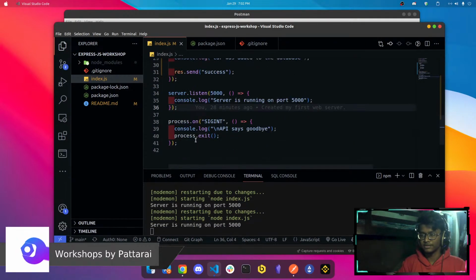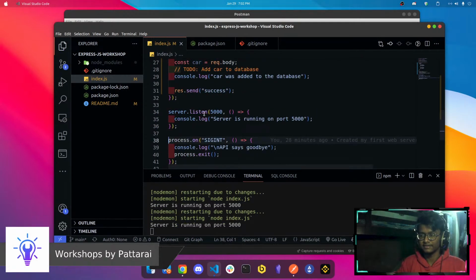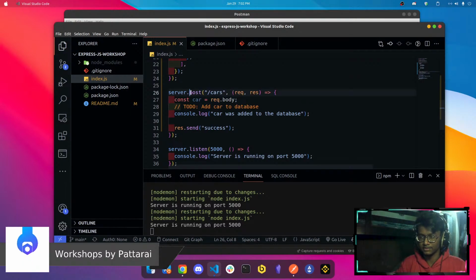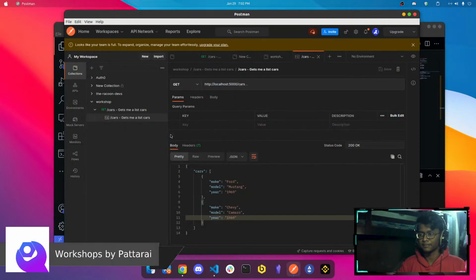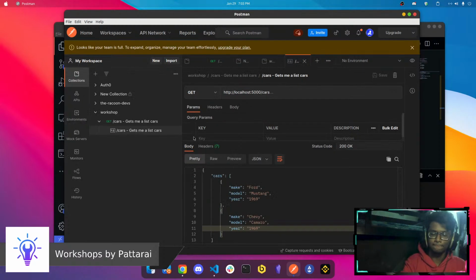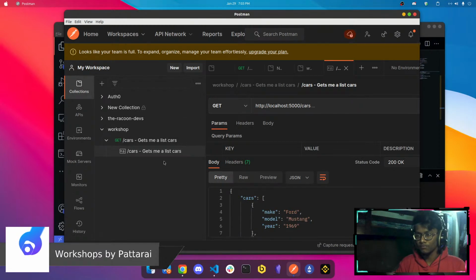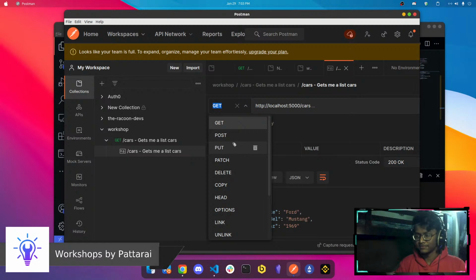Okay, the moment I clicked on save, the server restarted, and now I have another endpoint that handles post requests, post HTTP methods on the endpoint cars. So any guesses of how we can talk to the endpoint on Postman? It's right there on the screen. You have this drop down that says get, right? If you look at this drop down, you have a whole lot of HTTP methods that you can use to